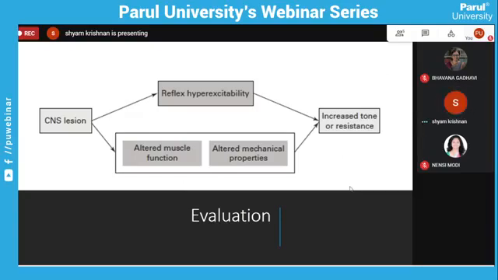is what helps you to assess or quantify or qualitatively describe the tone. So the most common available clinical tools are based on this qualitative experience of the therapist who is moving the limb. When you're passively trying to extend an elbow, or when you're passively trying to extend a knee, the kind of resistance that you feel is going to basically determine your assessment findings.